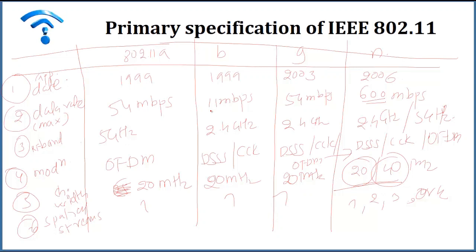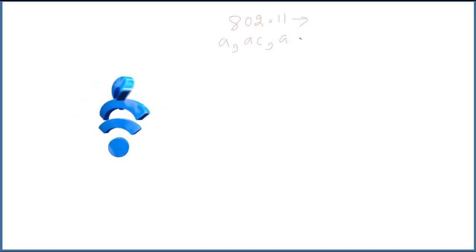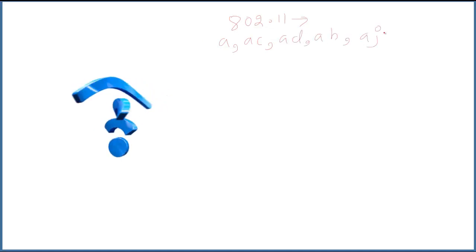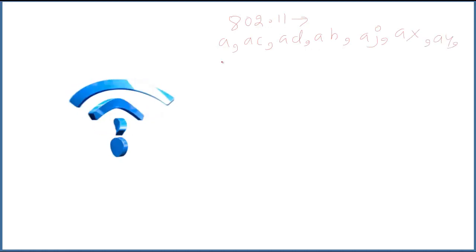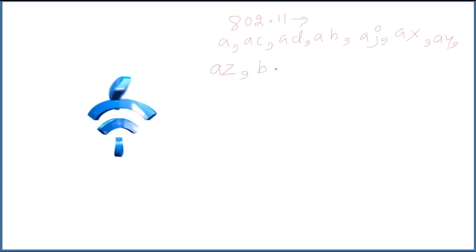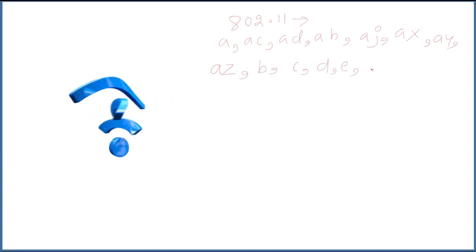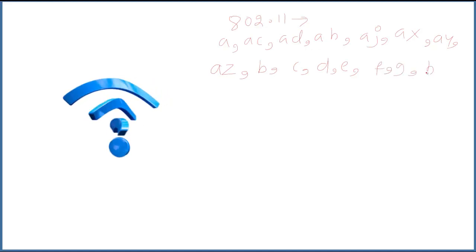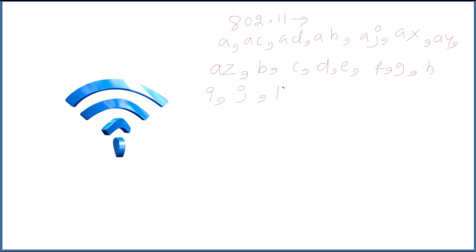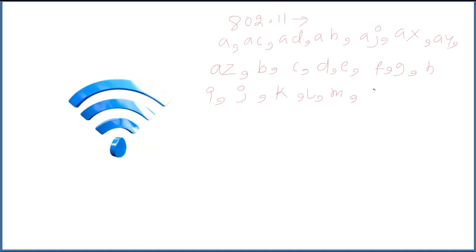So as I have promised, I'll keep it quick and just list it down. So as far as different 802.11 standards are concerned, how many are there? So there were AC, AD, AH, AJ, AX is there, AY is there, AZ is there, B is there, C is there, D is there, E is there, F, G, H, I, J, K, L, M, I think yes, N, P, Q was not there, R,